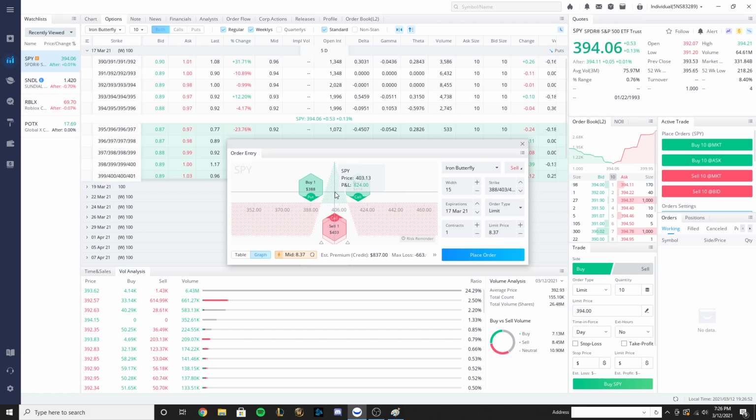So, I mean, our max loss is all the way up in the 800s. However, our max gain is also in the 600s. So, as you increase your width, you're giving yourself more room to win and you're bringing more money to the table,